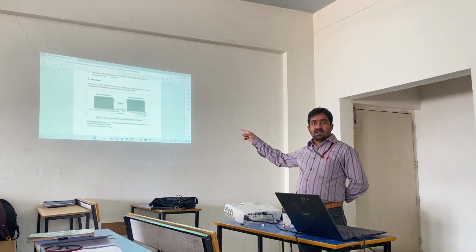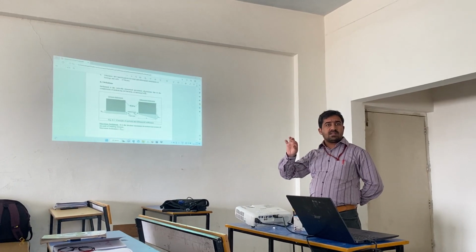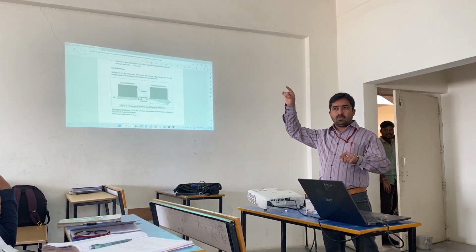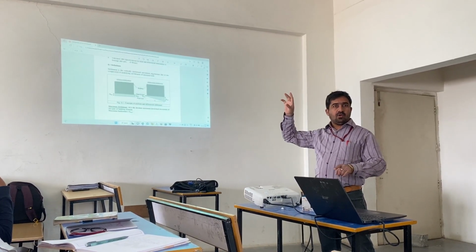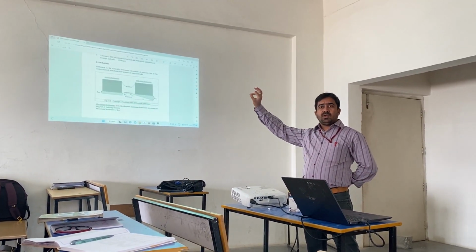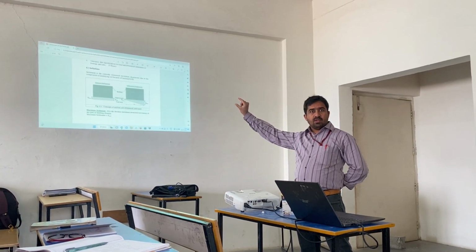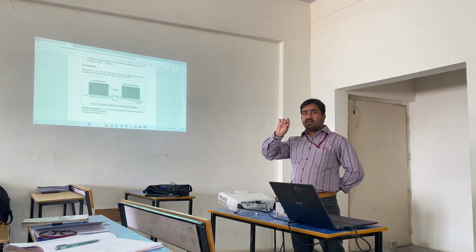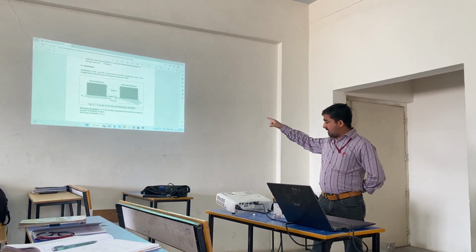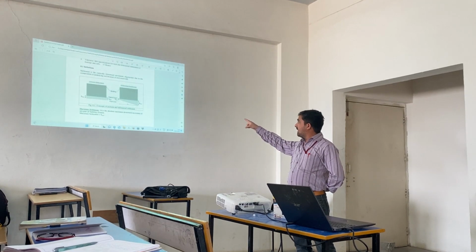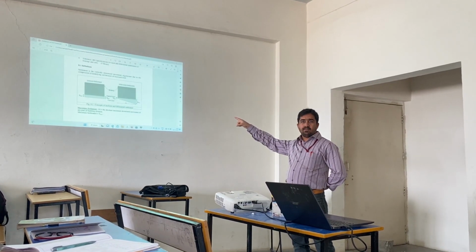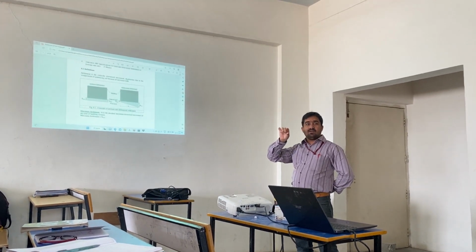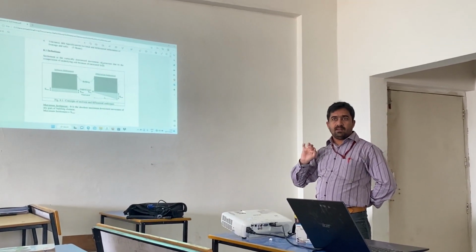Whereas in differential settlement, there is a chance of variation between top level and bottom level. Few components of the building will collapse, while few components will stay in a safe position. That is the differential. So they have shown two representations there, S max and S minimum. Differential, as the name itself indicates, shows the variation between top level and bottom level.